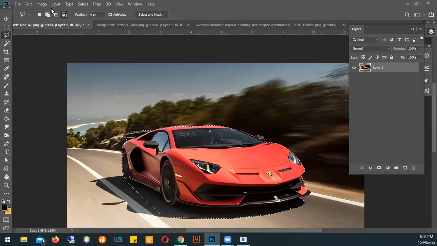No? All right. So we're going to go with add to selection, right? Because as we can see, the car is mostly selected. We just have this little piece here that we need to add to our selection. And then we're going to start our selection on the inside. Really, anywhere is okay. And then we're going to just continue our selection, adding areas that we wanted to include. All right, so